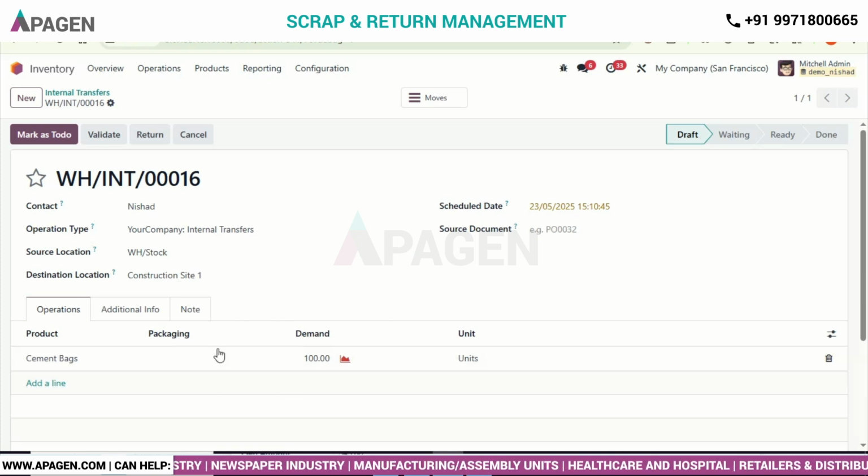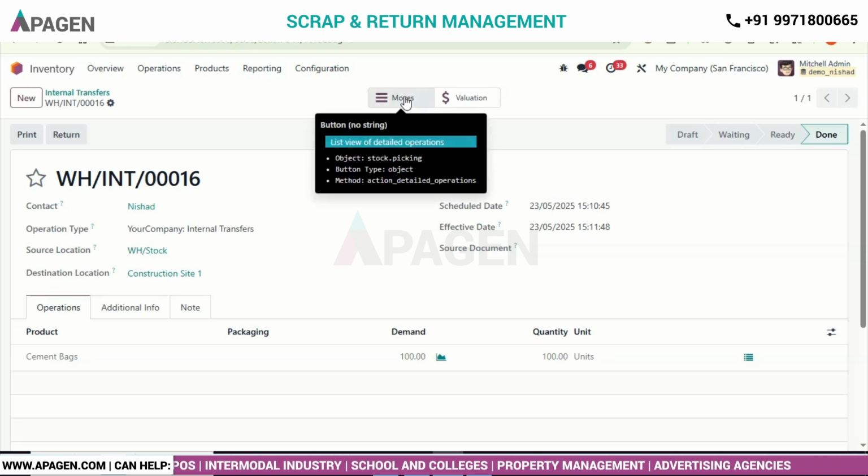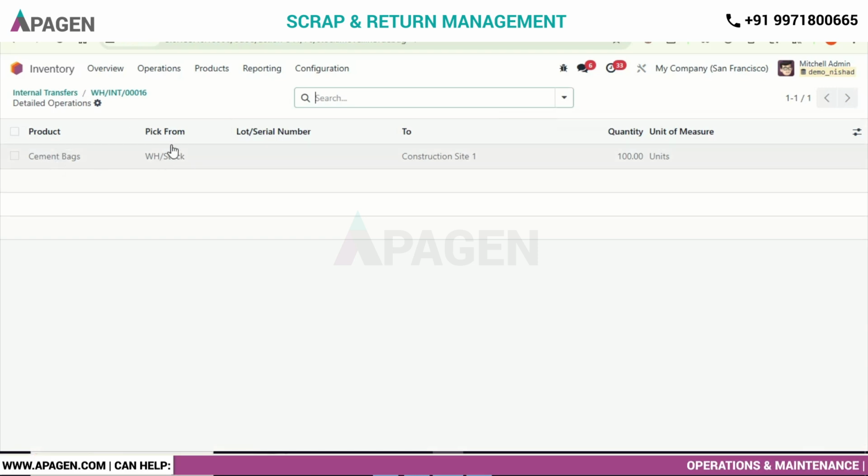Now you can see that this demand has been created here. The source location and the destination location is construction site 1. After the material has reached construction site 1, we will validate it, and after validating, you see that the quantity has been sent out to construction site 1. If I go to the moves for this internal transfer, under moves you can see that the cement bags have been picked up from the location and sent to the construction site 1 location,